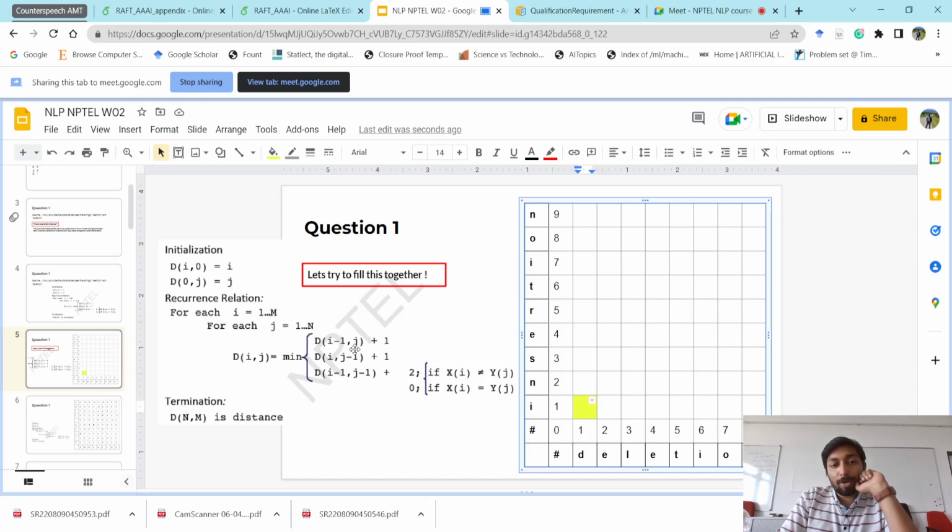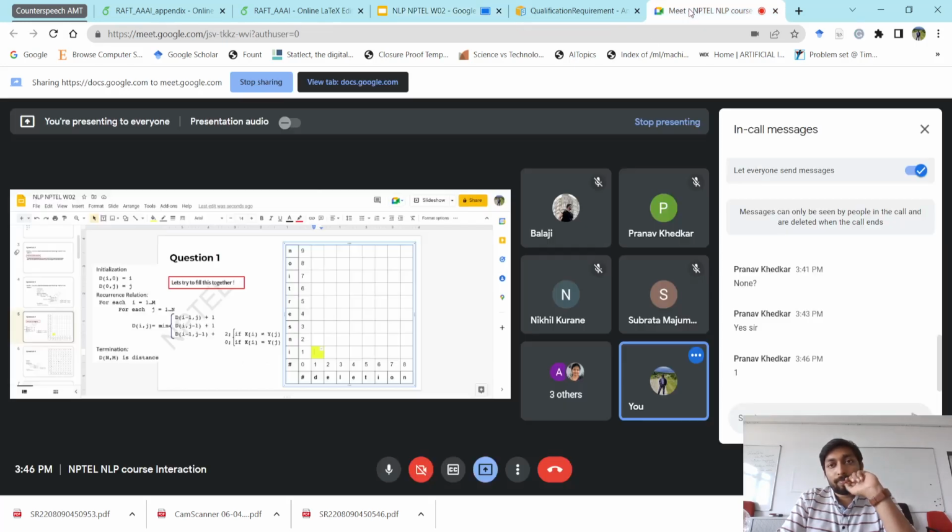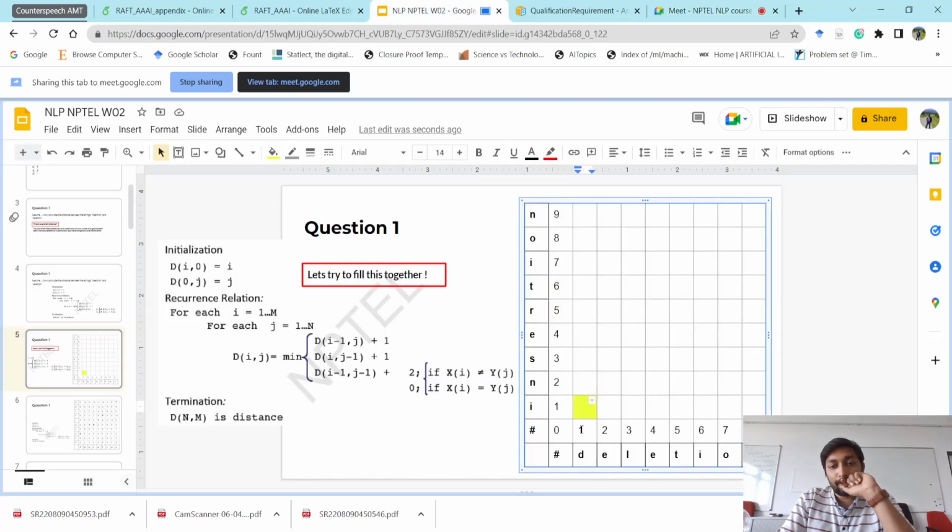So i minus 1 comma j is which one? If d i comma j is this one, this is like 2 comma 2. So d 2 comma 2 is what we have to find. So d 1 comma 2 is which one? So this will be this column,